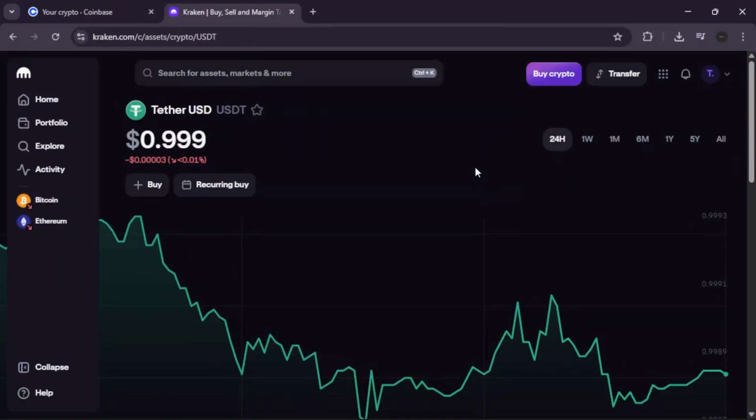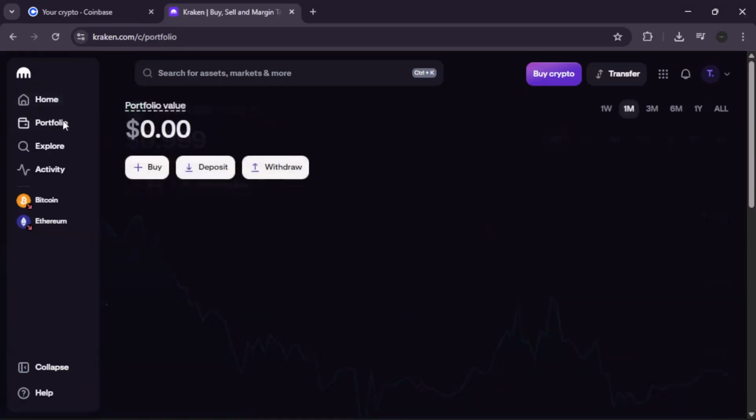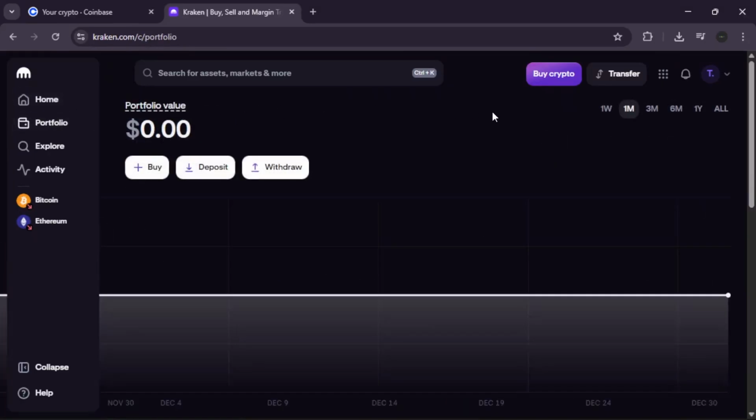Step 5. Check your balance. That's it. You'll get a success notification and your euros will be credited to your cash balance immediately. You can now head over to your portfolio to see your EUR balance, where it's ready to be withdrawn to your bank account. It really is that simple to go from